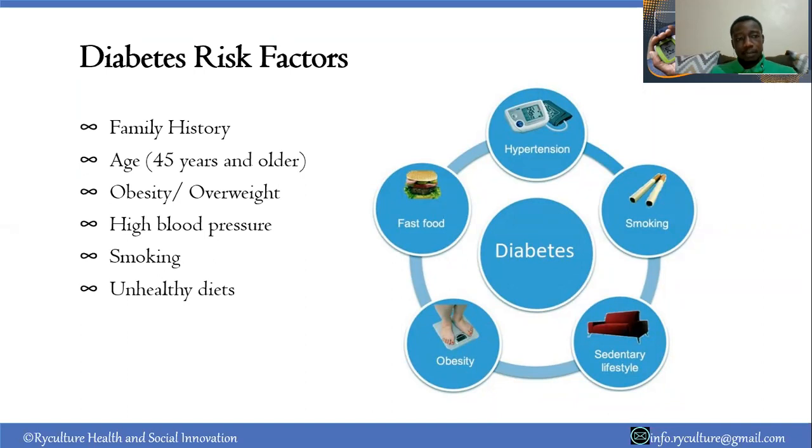So it means at that point, you need to take extra precautionary measures that should include exercising, keeping an active lifestyle, either walking to work, walking around after your work schedule, weekends, having a walk with your family, and all that kind of activities that will enable you keep an active lifestyle. You manage your hypertension, that is high blood pressure.